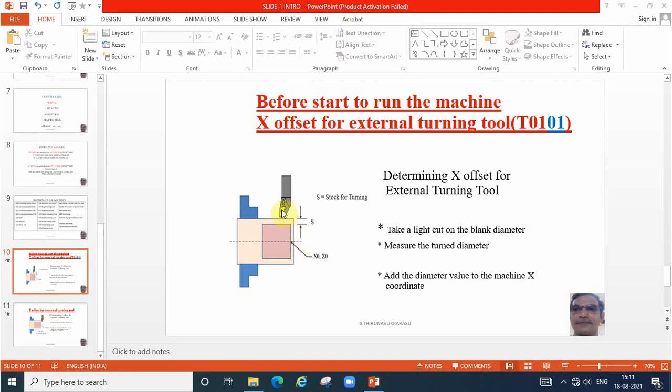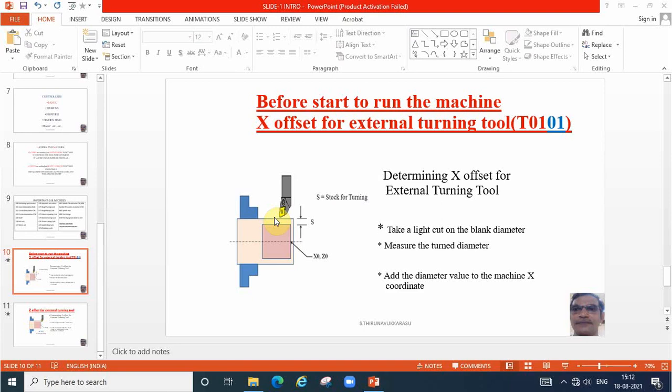Say initially consider the tool is here. You just bring the cutter horizontally like this and then bring down the cutter. At that time the spindle has to rotate. When the tool is coming down, keep the tool to touch on the radial side. When it is touching slightly, don't change the position. Go to the offset page in the machine. Each and every machine has an offset page. Say n number of serial numbers, for example if 10 tools are there, 1, 2, 3, 4 like that they are arranged. Another side, X and Z will be there.